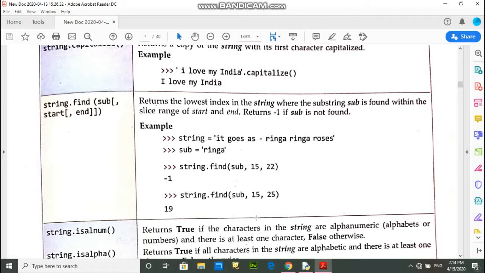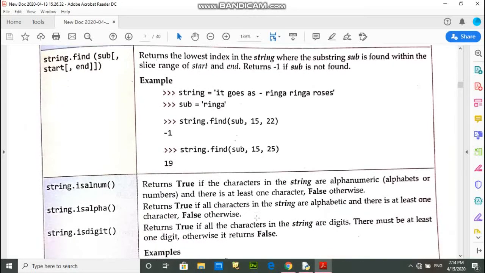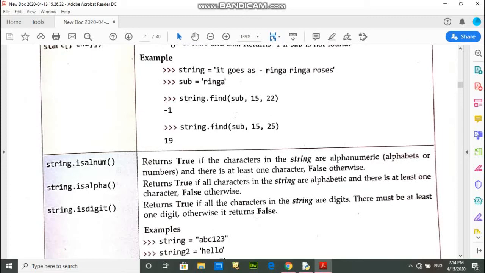And the next function is isalnum. isalnum is isalpha and isdigit, so this function is used to check whether the string is alphanumeric.